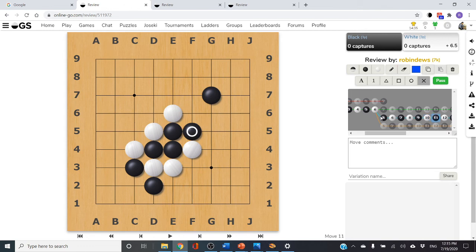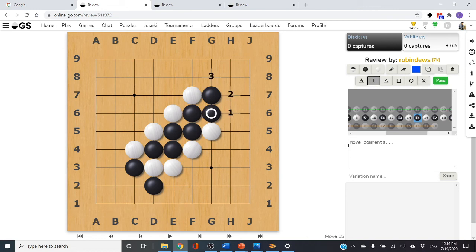Black comes out. White Ataris again. Black comes out. White Ataris again. And black comes out. And now at this point, notice black has now got 3 liberties. And because of those 3 liberties, white is in real trouble. So white tries to Atari and black goes, I don't care, I'm no longer in Atari, I've got 2 liberties,